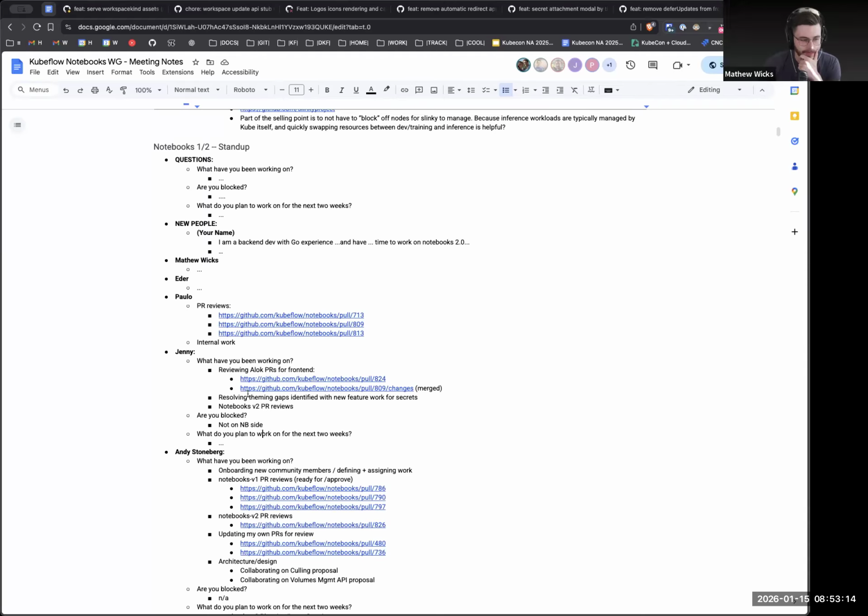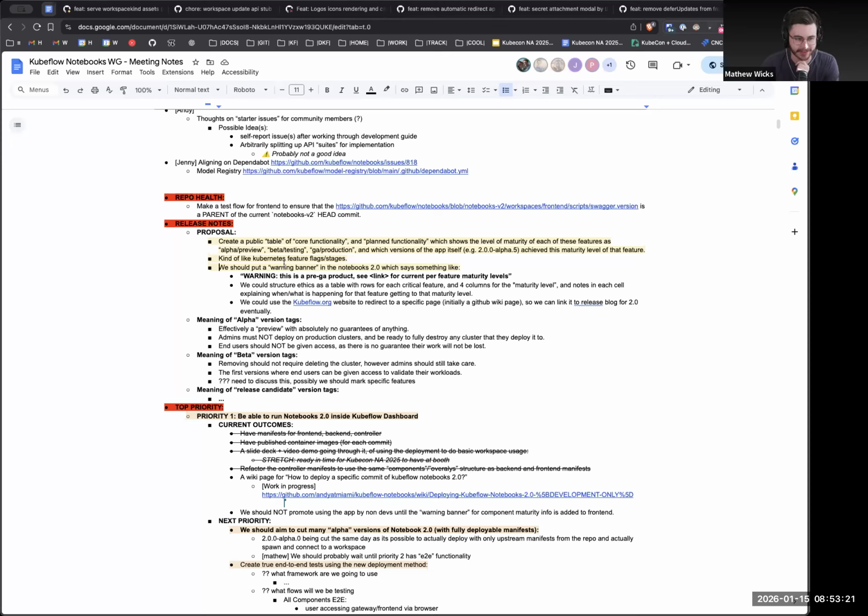So who's going to be able to pick up this? We just need to have a warning thing in place just so that it's there when we cut this first alpha, I think. Like we need to put a warning banner somewhere on every single page effectively, right? Maybe it's at the bottom, maybe it's somewhere that it sits. I don't want it to mess the styling up of the page, but maybe we could make an announcement banner that initially is a warning banner. I don't know. Or what do you think it should be?